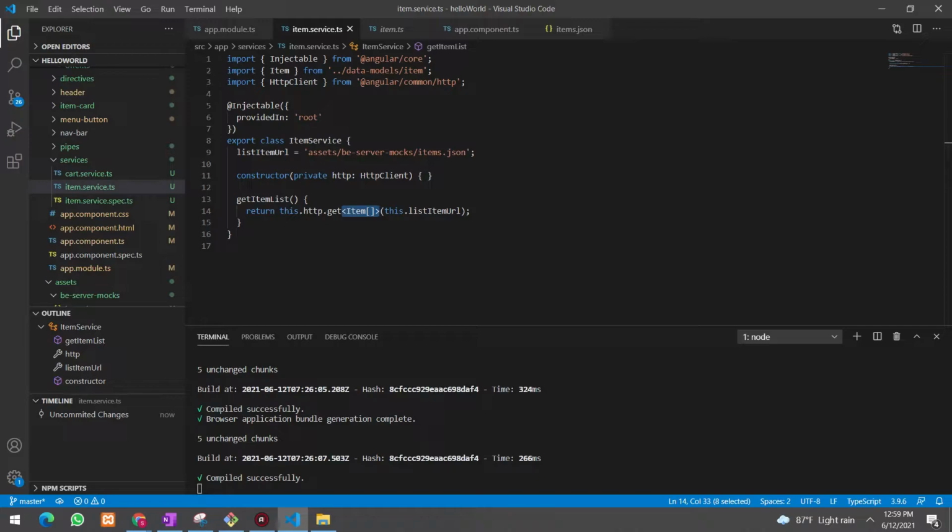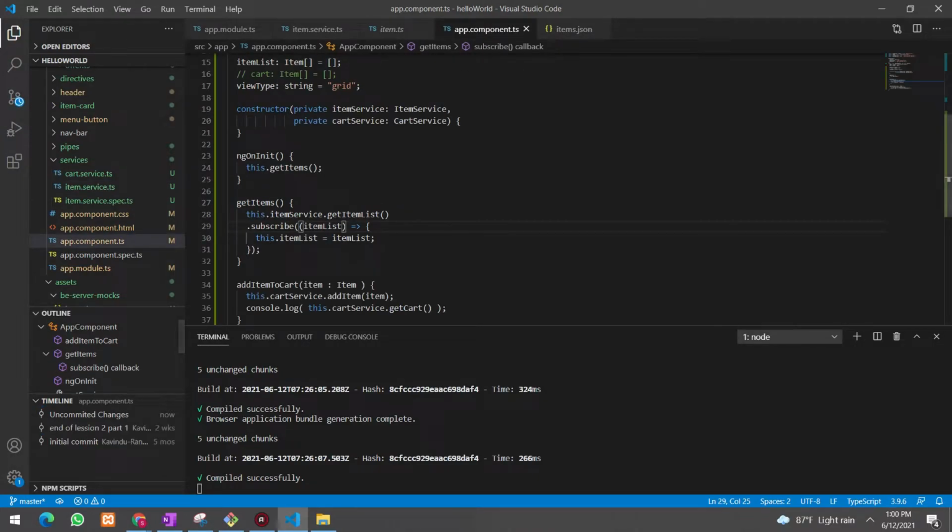Here, I have added it, specifying the get method's parameter type as item array. And after giving this type here, you can also mention the same type for our callback function parameter. It is also item array,